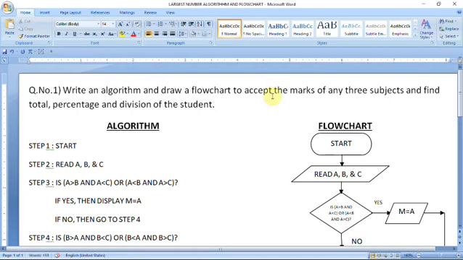Now first of all you have to analyze the problem, because when you start writing the algorithm, when you start developing the flowchart, first of all you have to analyze the problem. How many subjects, how many inputs are there, how many outputs are there, everything you have to clearly identify in the problem. Here you can see accept the marks of any 3 subjects. So 3 subjects means you have to accept 3 inputs from the user. So that I want to write here